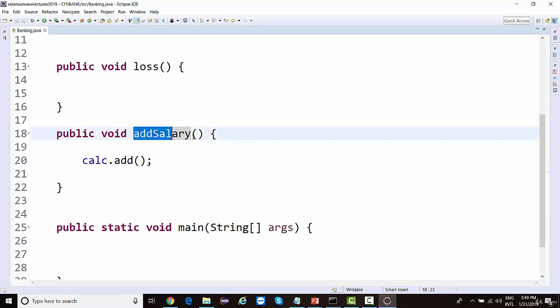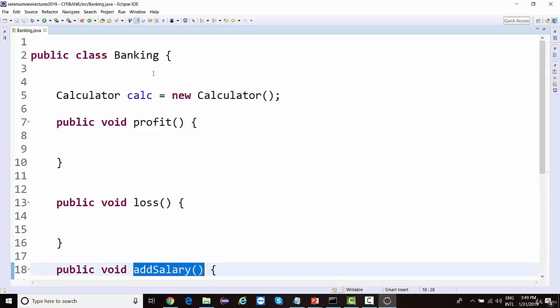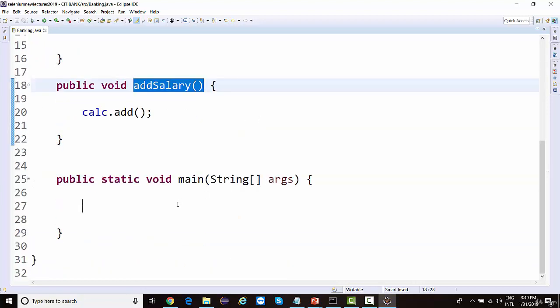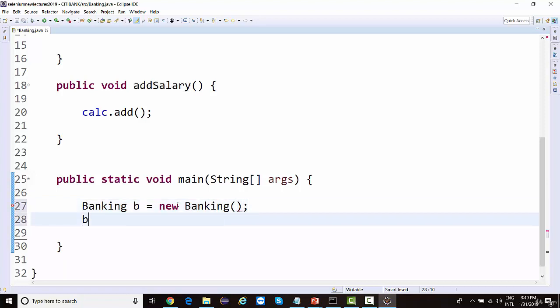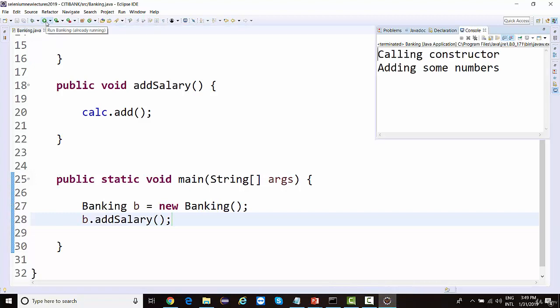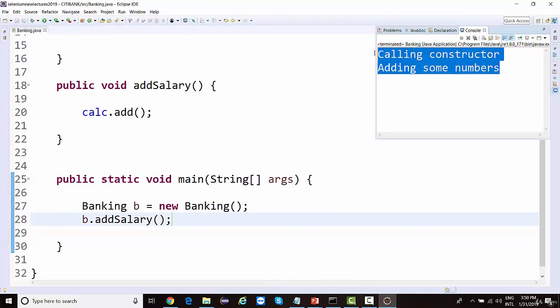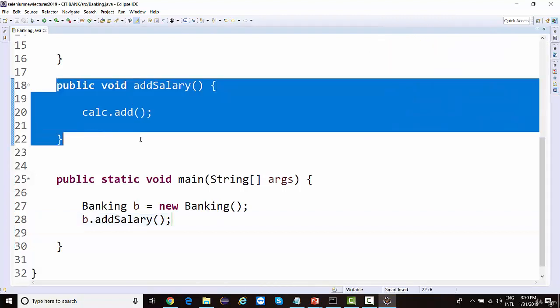Now if you want to call this add salary from Banking, how will you call it? By creating an object: Banking b equal to new Banking, and say b dot add salary. That's it. Save it and run it. You're going to see the entire functionality executed without recreating the add salary method.